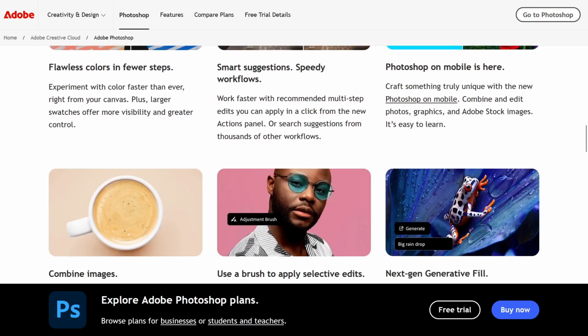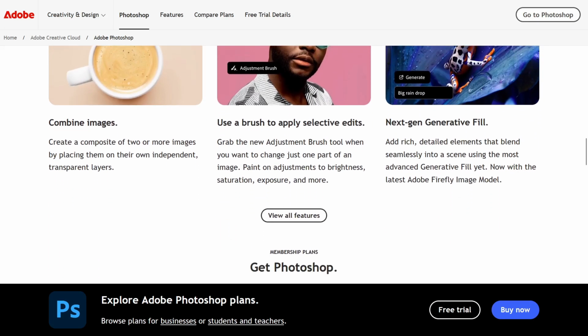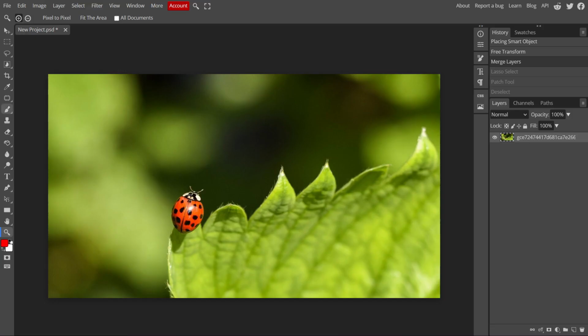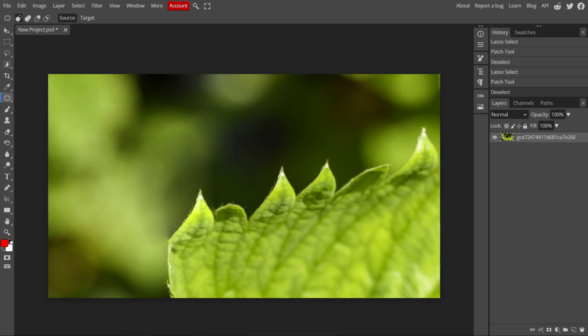Given these aspects, many are wondering what is the best alternative for creating and editing photos. In this context, Photopea emerges as an ideal solution. This free online tool is essentially a clone of Photoshop, meaning that anyone who has used Photoshop will find it easy to transition to this program. Photopea allows users to create and edit photos without worrying about usage rights, providing the freedom and flexibility that many